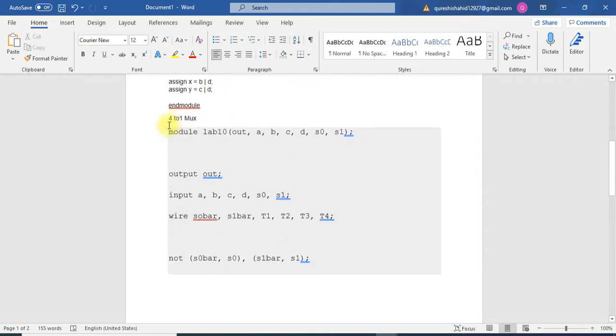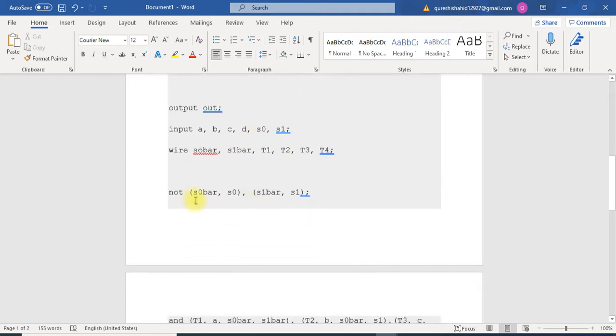Now let's go through the Verilog code for the 4 to 1 mux. We have one output and 4 inputs. Inputs are stored in the form of A, B, C and D. S0 and S1 are the selection inputs, and for wire purposes we've used S0 bar, S1 bar, T1, T2, T3 and T4.